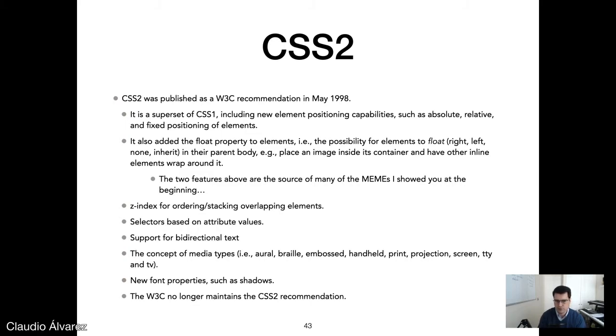It also added the float property to elements. That is the possibility for elements to float at the right or the left in the parent body. Or you can place an image inside a container and have other inline elements wrap around it, for instance. It's normally what you use. You can do this very easily in a word processor, right? But in web technologies in the late 90s, this wasn't available until CSS2 came out, I think. Or yeah, I think with plain HTML, no use of CSS2, it was also possible to do this. Yeah. Well, anyways,